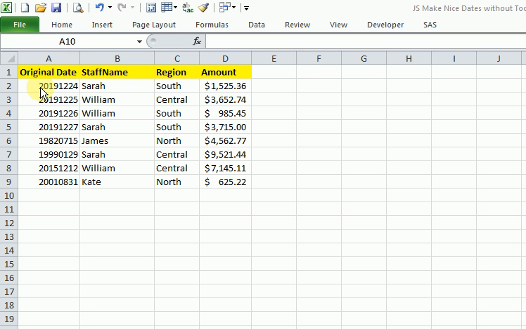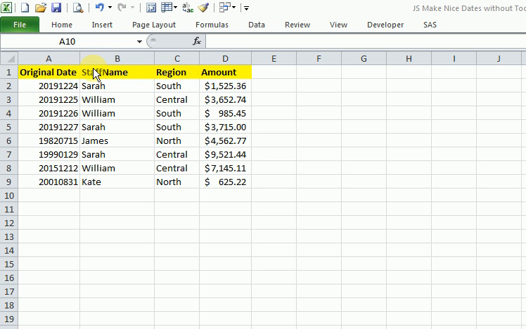You've got some columns. I've called one original date, which is our troublesome date value. We've got a column staff name, so maybe someone who made a sale, what region they made the sale to, and the amount. These are just to give you the idea that this could be a working model. So what I want to do in this lesson is show you what you could do and what you ought to do. Okay, so the first thing we're going to do is create a new column